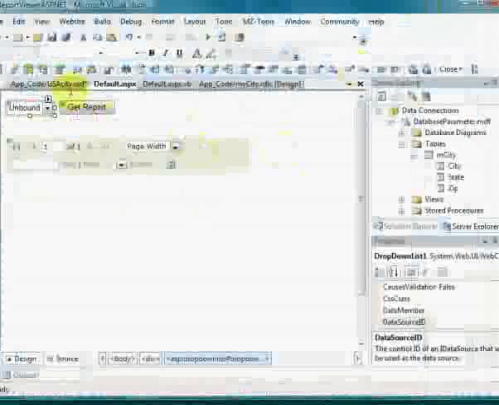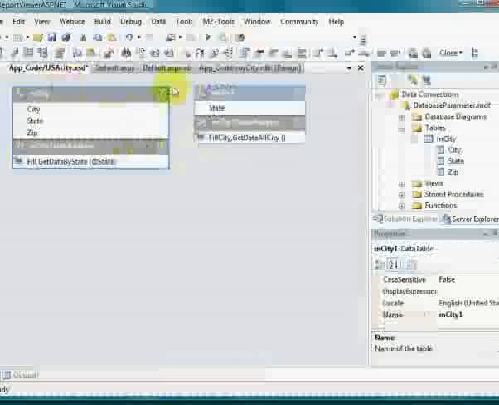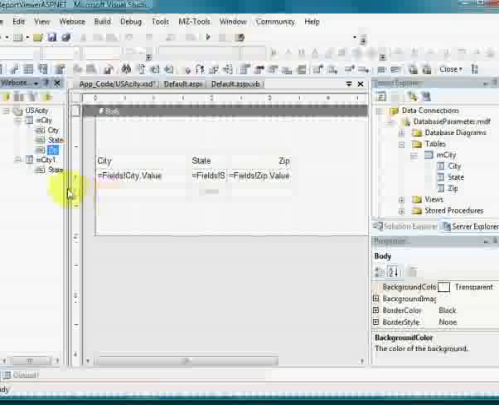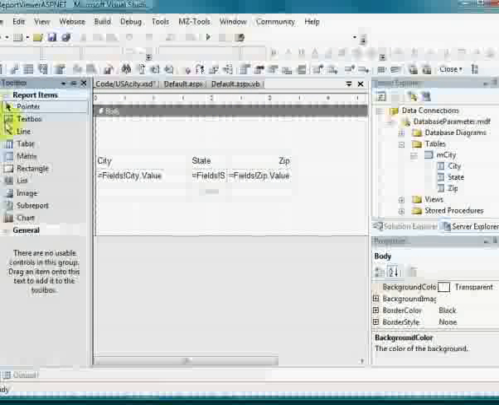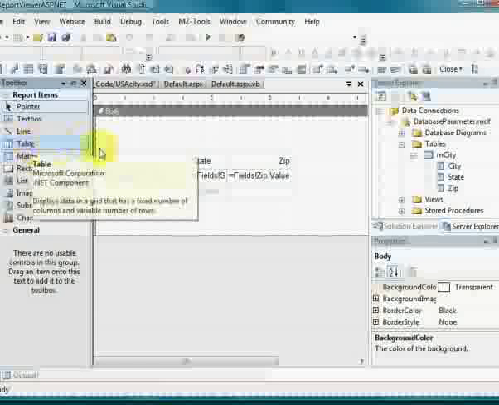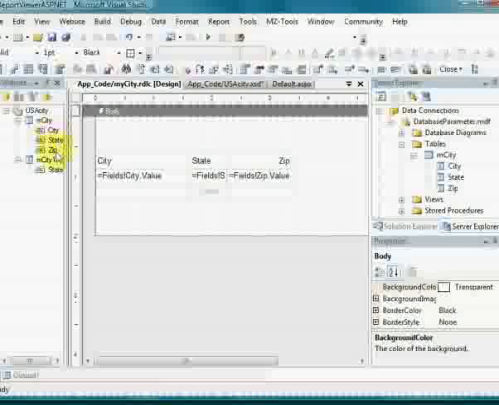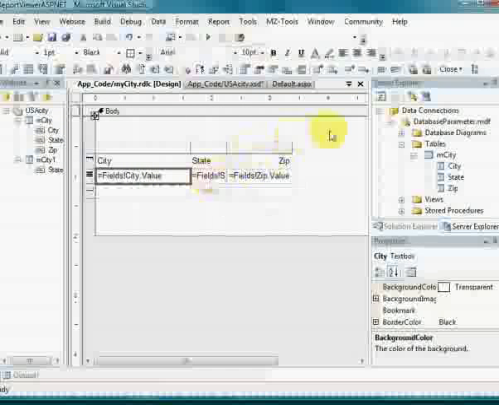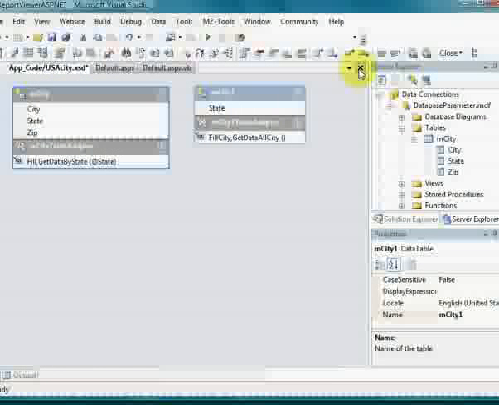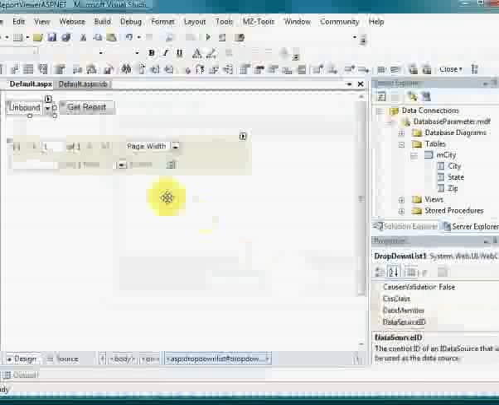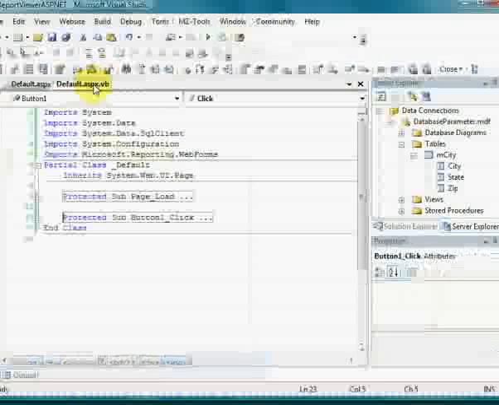After you have this done, then you can go and add your report, and then all you have to do is add a table, drag it, drop it, and then just drag city, state, and zip into the table. Then all you have to do is close it down, close this one down once I've made any changes, and then for the code, when you click on the button,